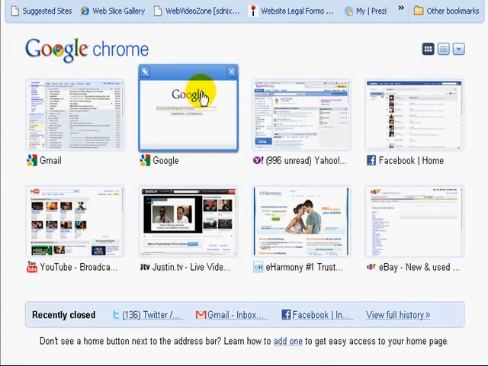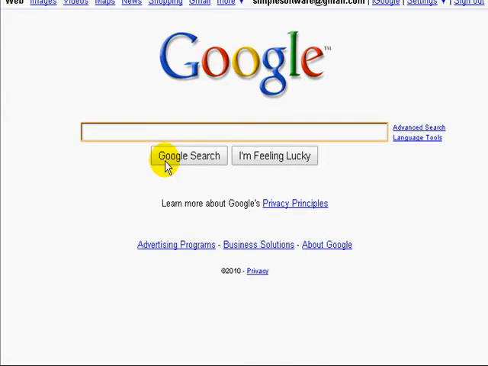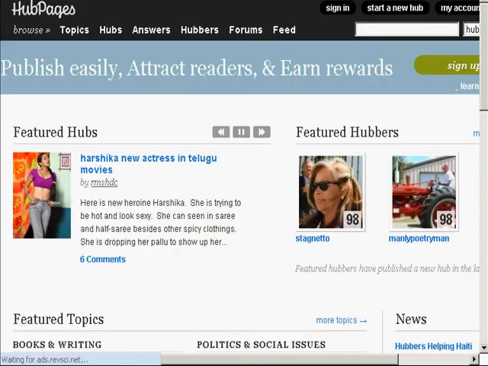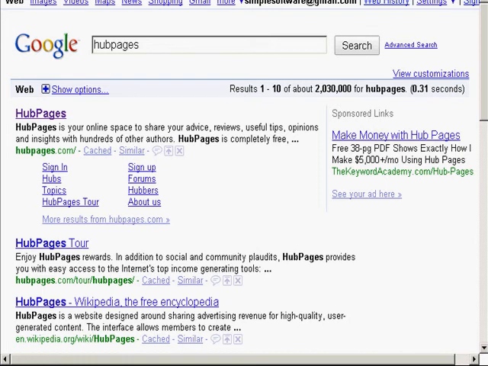Now, that's why I said to write 2 articles. You have the option of writing another article or making another video or things like that. Hub Pages is very similar to Squidoo.com, and I'm not going to dive into Hub Pages, but I just want to say that's an avenue that you might want to take.